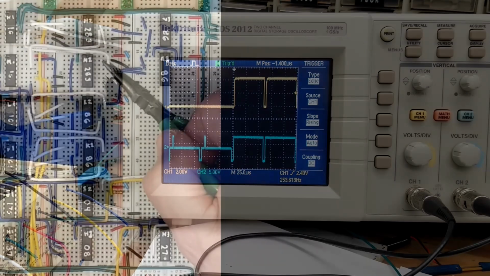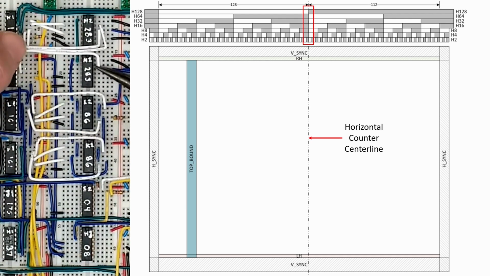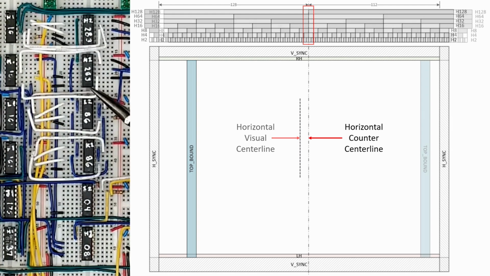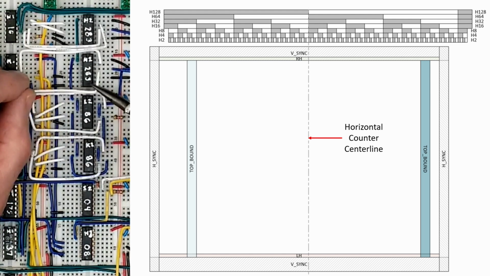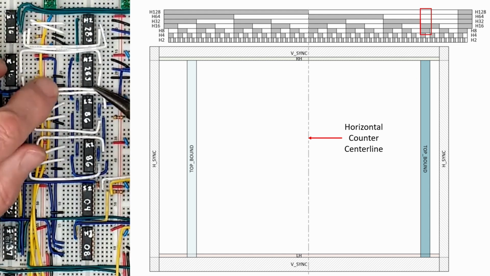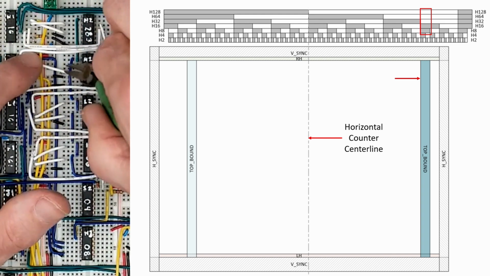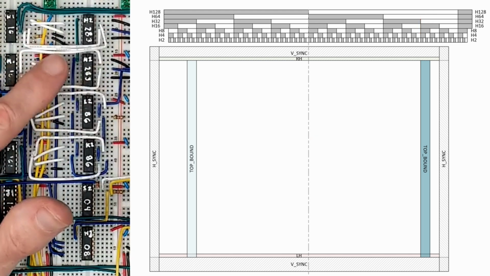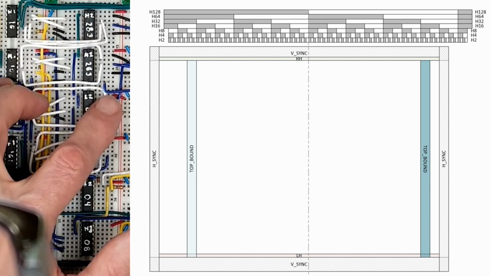Alright, time to do some flipping. I drew this line along the middle of the horizontal counter bits. It's slightly off-center in the visual space. To flip this axis, we simply invert all of the horizontal signals, so we're basically mirroring the horizontal visual elements about this line. You can see that top boundary now sits here. And we're only showing the top boundary now, but all of the other visual elements make similar horizontal moves when flipped. H-Sync itself doesn't move because it's generated before flipping and is not affected by it.